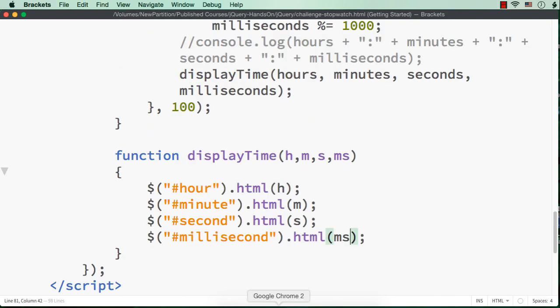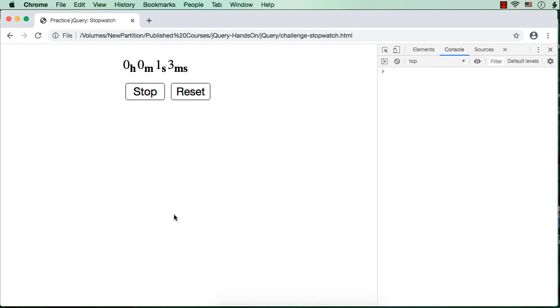Now let's see how it displays the result in our stopwatch. Let me save this and click the start button. See, every 100 milliseconds it is something like blinking. Here also the millisecond part is blinking, then it displays like 10, 11, 12, 13, 14 like that. So what we can do here is have a fixed number of digits. That is, for hours, minutes and seconds, we need to have 2 digits. And for the millisecond part, every time we need to have 3 digits. So here when the number is 1 millisecond, it is just displaying 1, not 001.